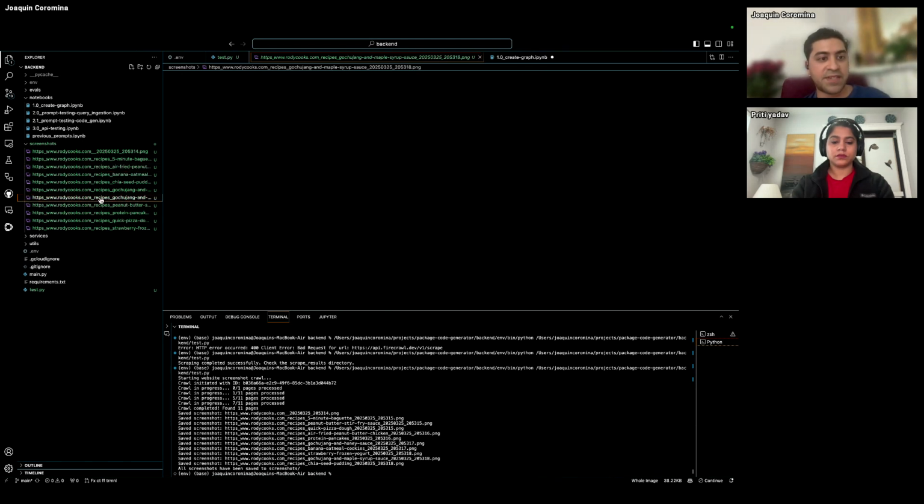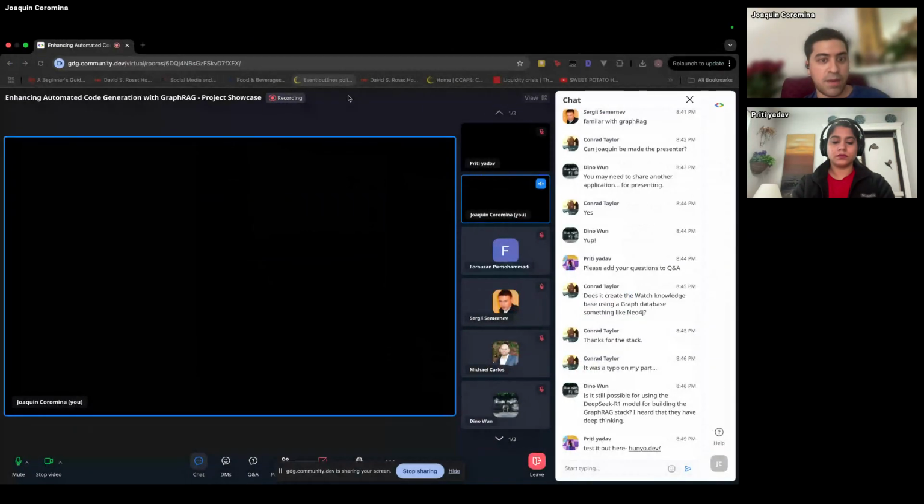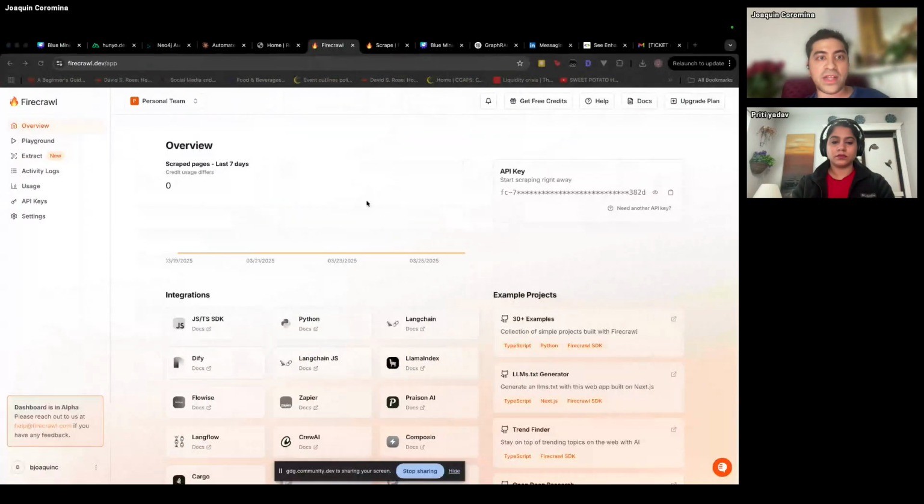Okay, so we were able to successfully scrape all of the recipes in mobile format from my friend's website, which is kind of cool, using the Firecrawl API. I forgot to explain, by the way, the Firecrawl API is basically just an easy web crawler. For those of you that don't know Firecrawl, it's a service that allows you to use LLMs and also crawling methods to extract data directly from websites. And it does a really good job of handling rotating proxies and the annoying stuff that you need to do to access most websites. So that's what it's really good for.